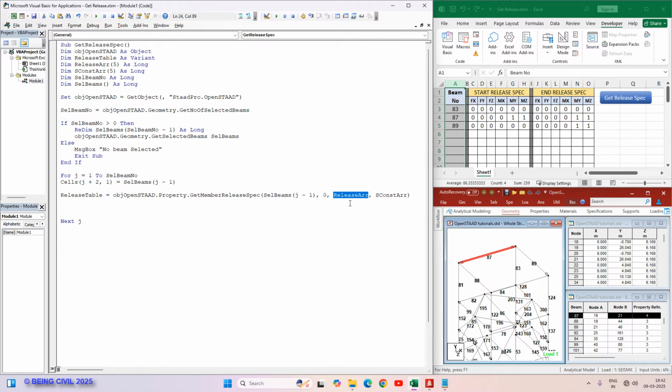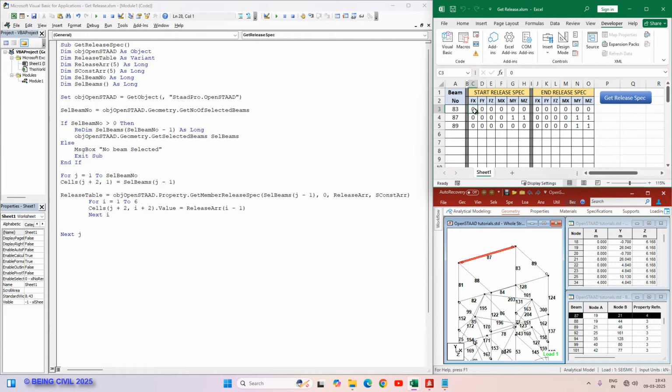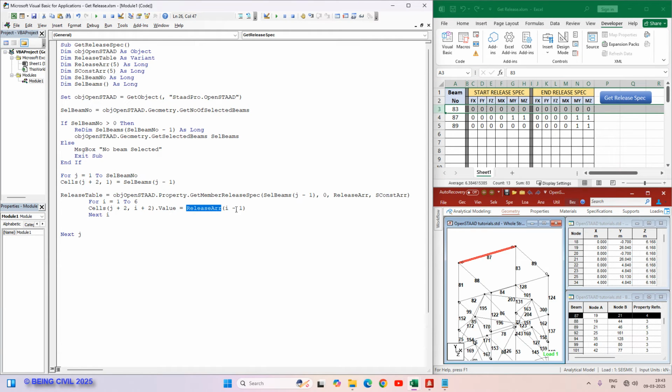So you have to write down this release array by using a for loop. I am writing a for loop from I 1 to 6 and it will start from column 3, so I plus 2 here, and it will start from row 3 also, so j plus 2, and the release array. Additionally, at the end of this loop, you have to delete this release array. The outer loop will start again for another member. So that's all. So this is for the start release, and for the end release you have to write